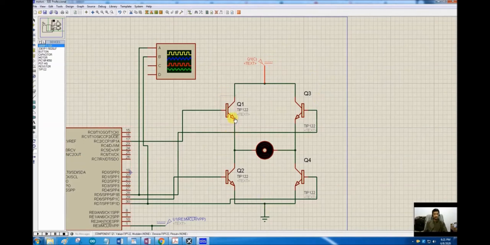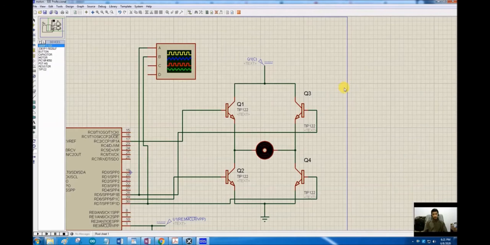We can use relays instead of these transistors, and we can use optoisolators and any other circuit components, and we can control the devices that are operating at much higher voltage than the actual operating voltage of our microcontroller IC. So these things are going to come in handy in your projects and your future courses and lab projects.